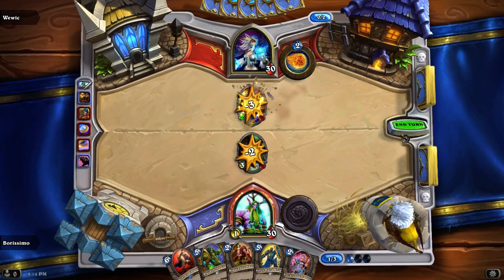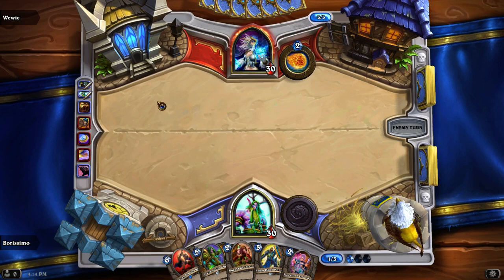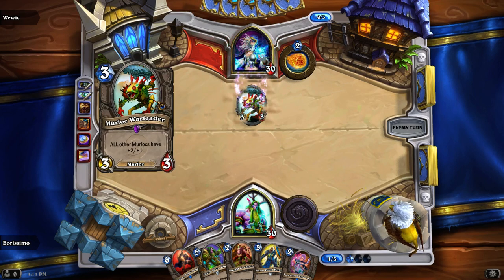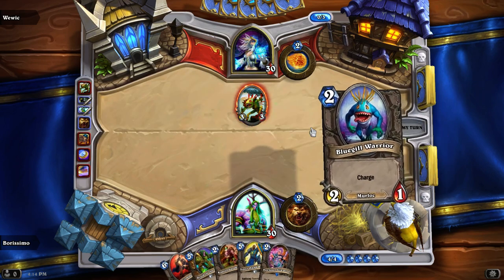Man, I'm sad I saw no Ironbark Protectors, because I feel like with all those 5-drops, this is an endgame deck, but it doesn't have any really big drops at the end to really seal the deal. Like, I would have probably taken a War Golem or maybe even a Ravenholt Assassin. This 3/3 is actually crushing me completely because...